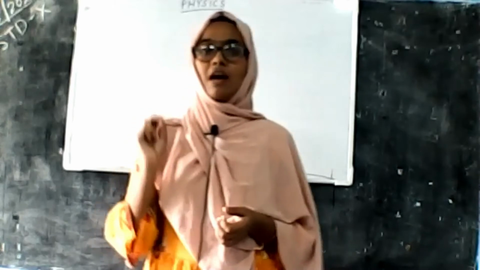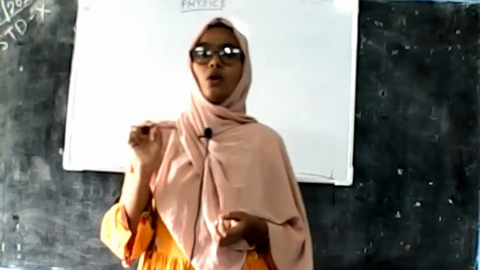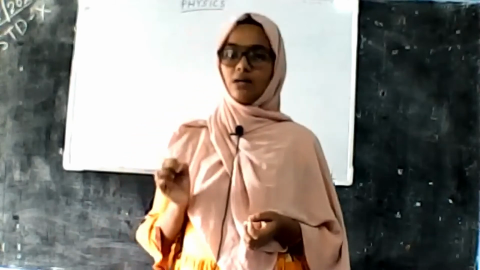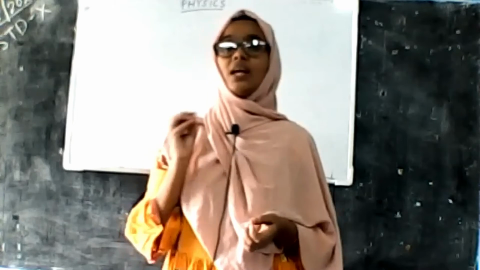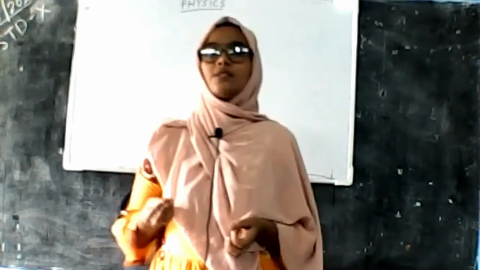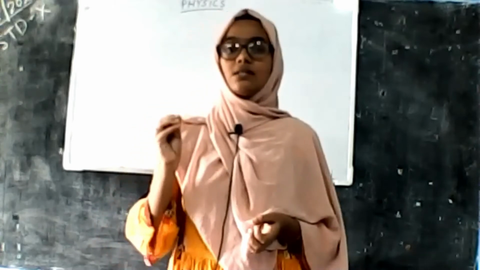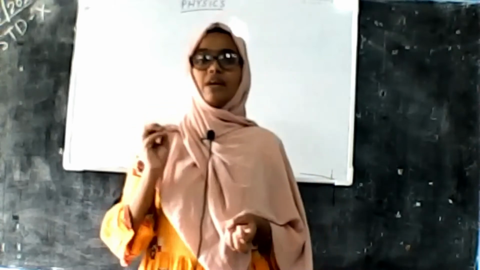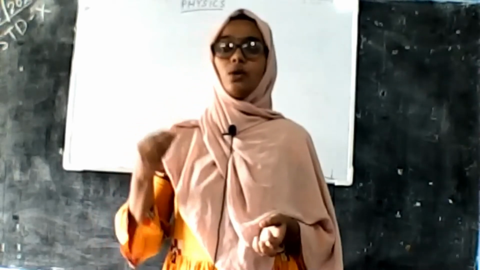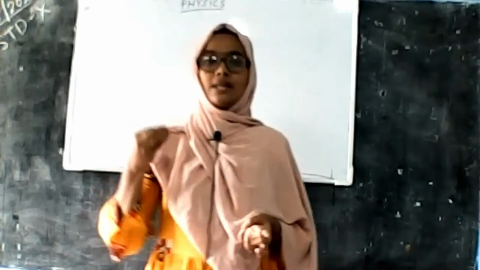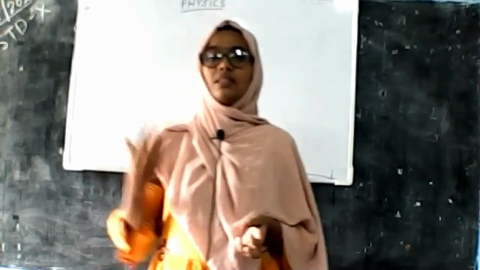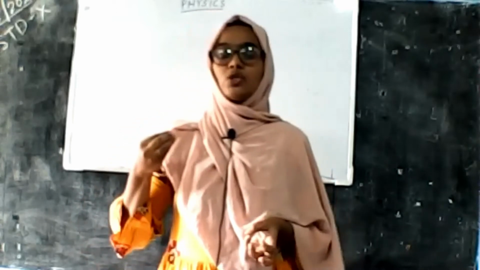Okay, and we have an equation for Joule's law, that is H is equal to I square RT, derived from the heating effect of nichrome wire. When we do an experiment with nichrome wire, when electricity passes through it, the wire becomes red hot, and the electrical energy is converted to heat energy. We say that there is a heating effect of electric current.